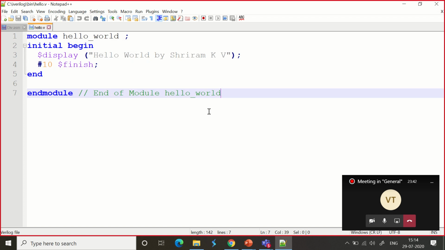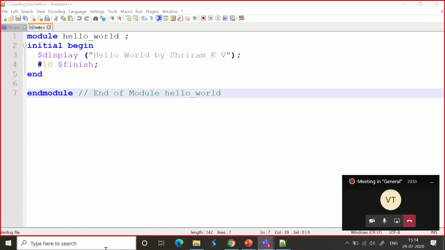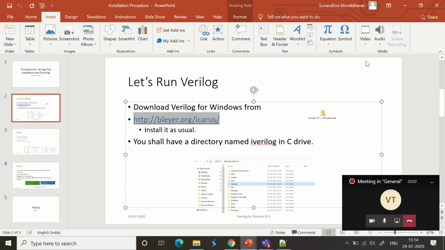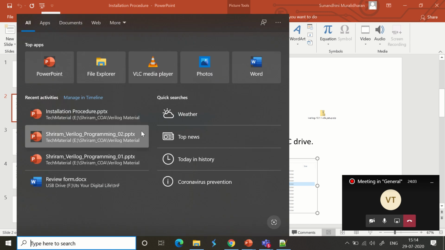.v is nothing but Verilog. .verilog. That's it. Small v, lowercase letters. Just save it. Once it is done, we need to go ahead and start our real work, and I'm going to show you how exactly to do that right now. You can try that out. I'll give you time, don't worry. You can try that out. I'm going to show you the installation process right now. So probably you can try it out a little later when I give you time.